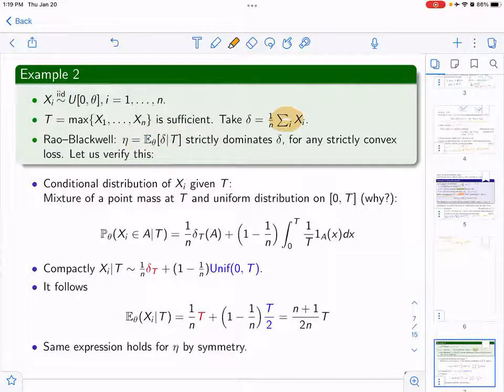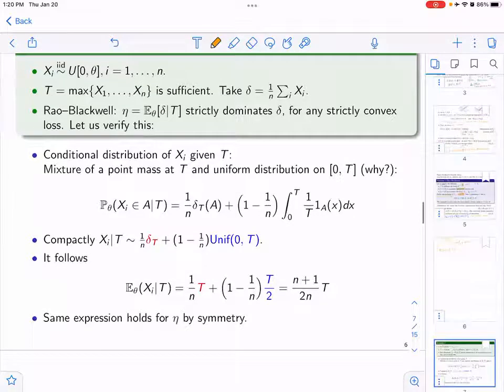So we have an estimator which is not quite good, and it's not solely a function of the sufficient statistic. So Rao-Blackwell tells me that I can improve it for the quadratic loss. But let's work with this. You can, in the end, multiply by 2 if you want. But if I want to do the Rao-Blackwell,